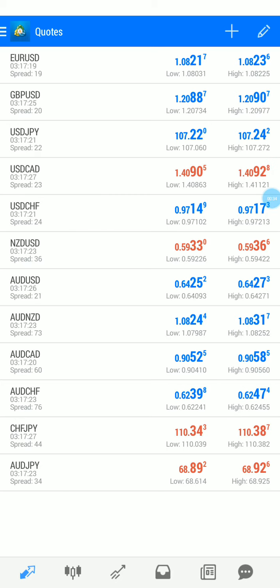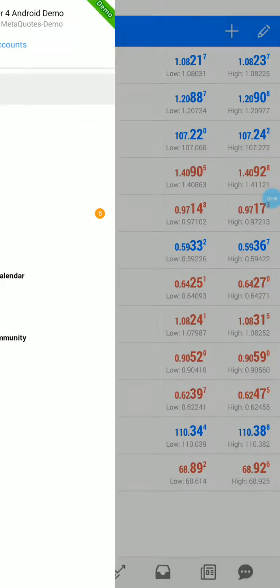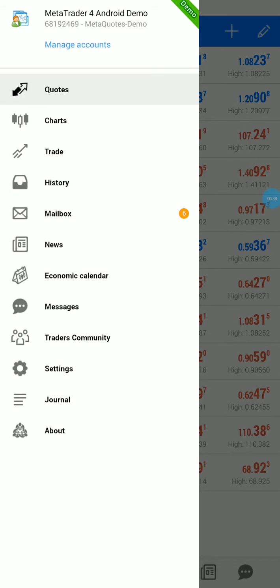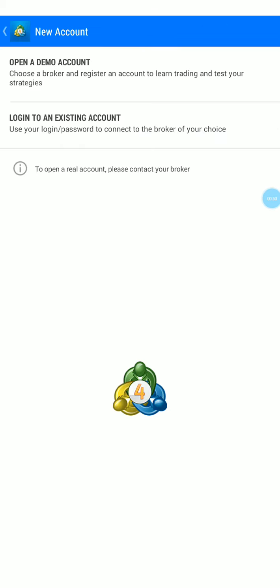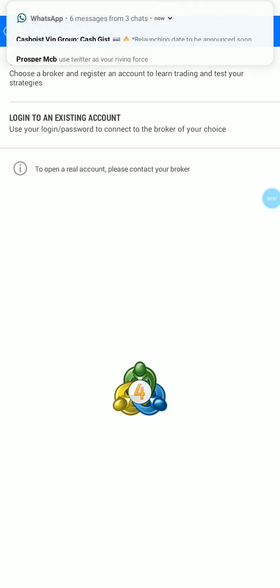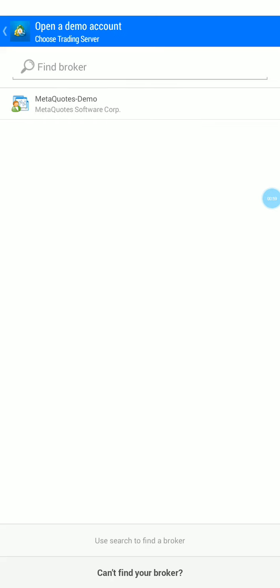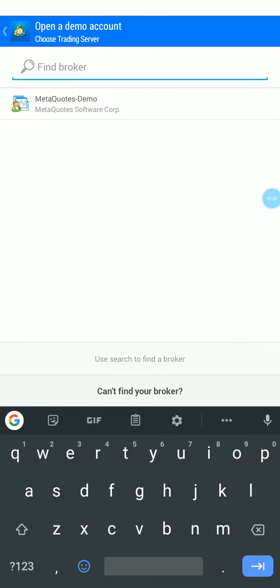First of all, before we continue, you click at the top menu, Manage Accounts. Here you can add your existing account with your broker, or you can also use the account created automatically for you by the MT4 app. You click on the plus sign here. You can either open a demo account or log into an existing account. So you click on open a demo account, then you search for your broker. Let's say for example